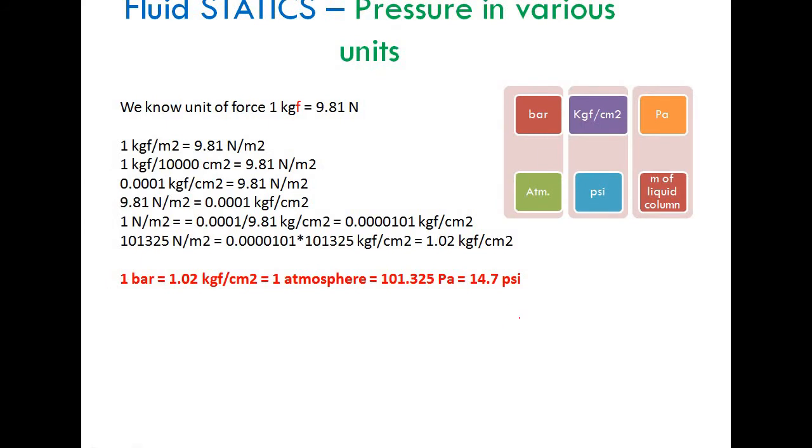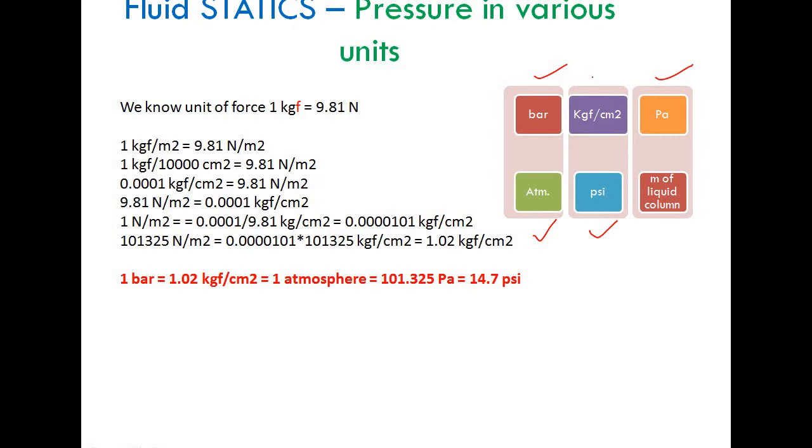And now we'll discuss more on kilogram force per centimeter square. So before that, you see this fluid statics pressure expressed in various units. You see bar, already we have discussed. Pascal, that also we have discussed. We know the conversion from bar to Pascal. ATM, that is atmospheric pressure. For example, 0.8 atmospheric pressure, that means 0.8 bar. And you see this PSI, just now we have discussed what is pounds per square inch and its corresponding value of 1 pound per square inch in bar, that also we have seen.